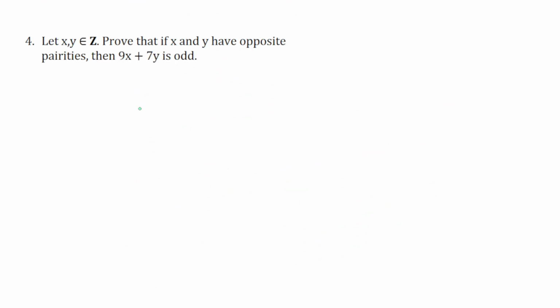Now let's take a look at the fourth problem. For the fourth problem, we are given the statement, let x and y be integers, and we are asked to prove that if x and y have opposite parities, then 9x plus 7y is odd. Okay, let's take a look at this proof. So we are going to let x and y be integers,